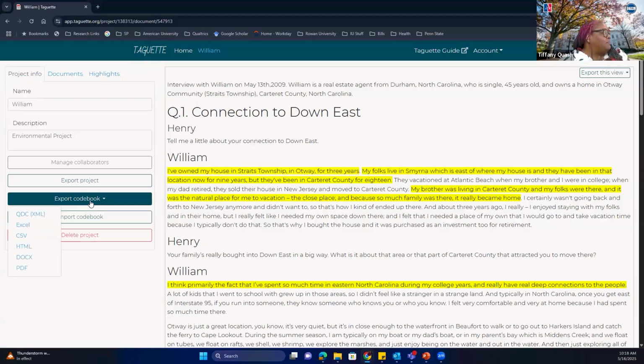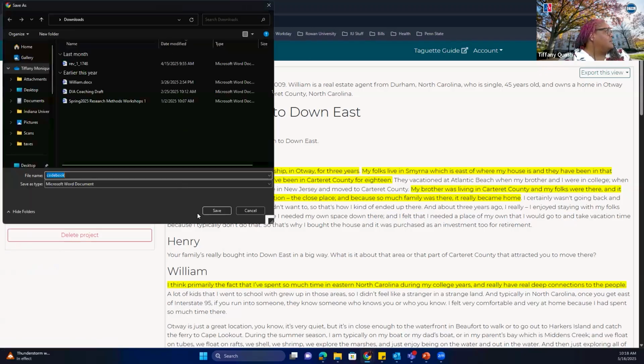I personally like seeing it in a doc file. Some people like seeing it in Excel. CSV is pretty much the same thing as Excel. Or you might want to see it in a PDF file, but I'm going to just click on the doc file. And here I go. And hit save.